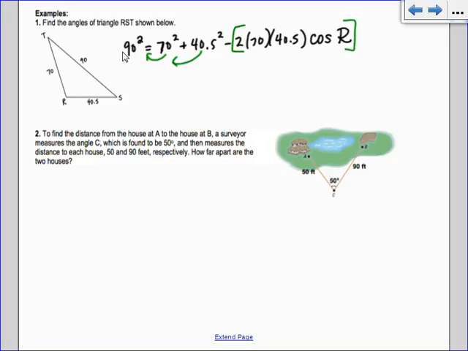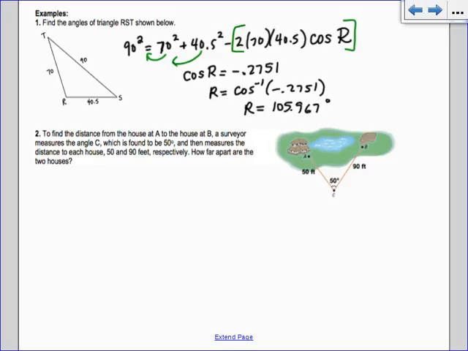So when we do that, you're going to end up getting to the point where you have cosine of R equals negative 0.2751. So when you do inverse cosine,